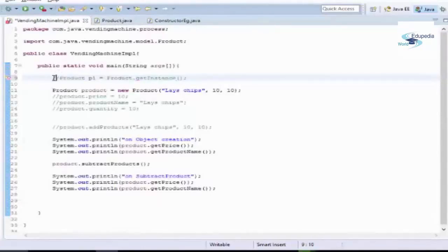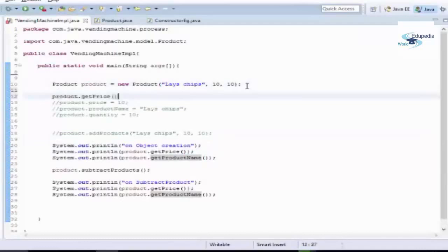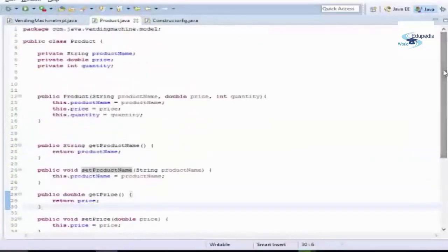So let me comment this out as of now. You can see we are using the getters over here, and in order to set the value, I can even use setters. In this case, I have constructed a product object and I have initialized the values. Now let's say I need to change the price, then for that I can use the setter of price, that will be setPrice, and I can pass the value as 20. So the value in this case will be changed using the setter. So you can say that the Product class is highly encapsulated and it is a good programming feature to follow.